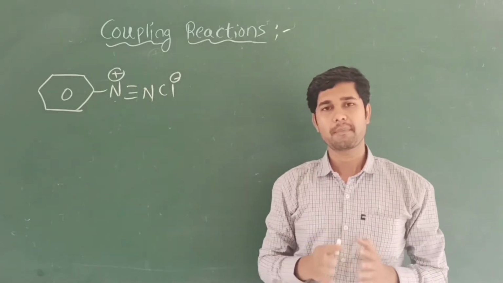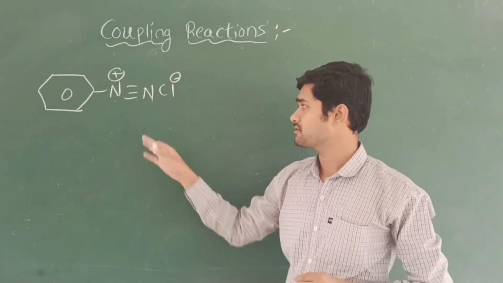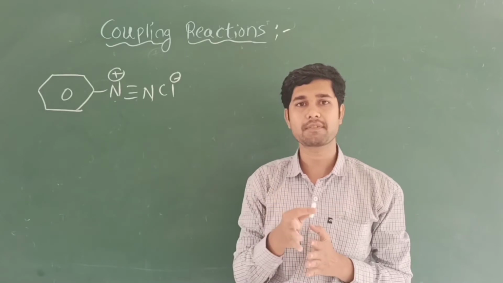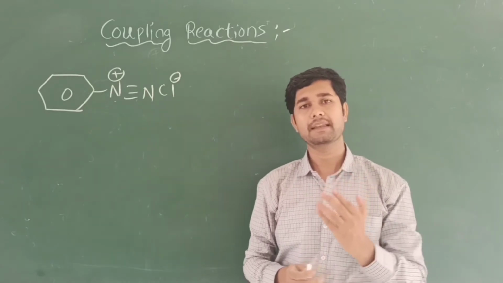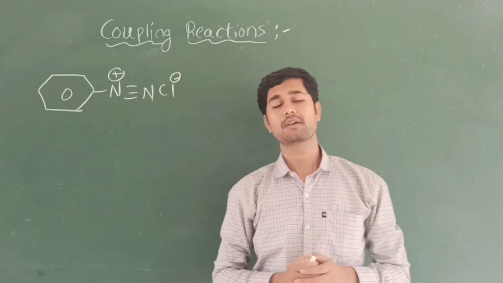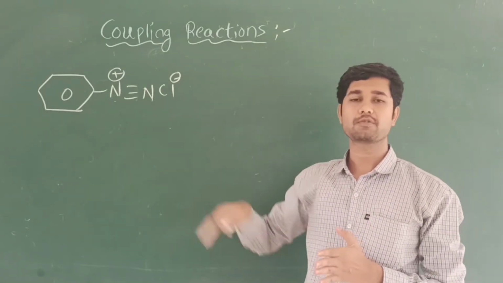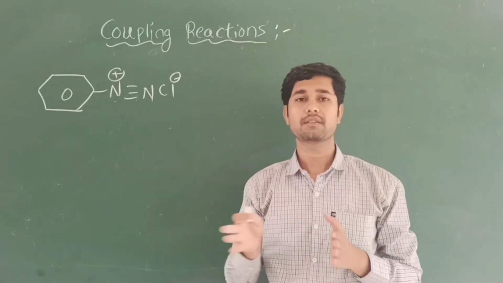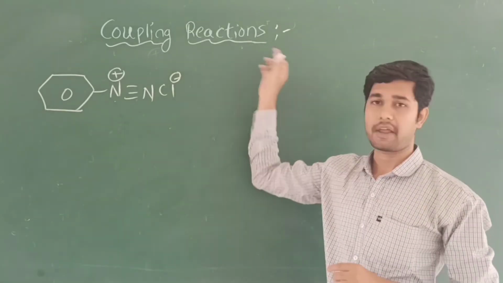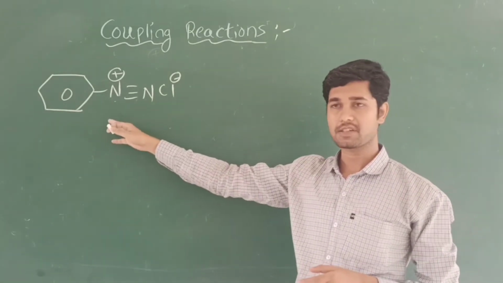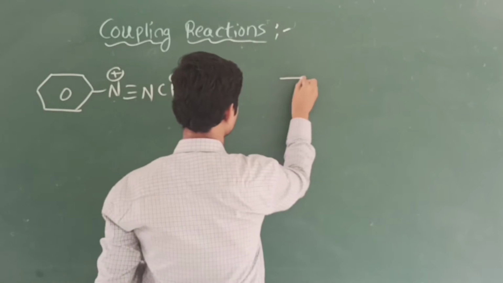Aromatic compounds are always stable because of resonance, the movement of the pi bonds. That's why this weak electrophile reacts with aromatic compounds that have activating groups. Activating groups means, for example, aniline or phenol. Those compounds have activating groups. This weak electrophile reacts with them to form azo compounds, and that type of reaction we call coupling reactions. Here I am going to take the reaction of benzene diazonium chloride with a phenol compound. You know this phenol very well.